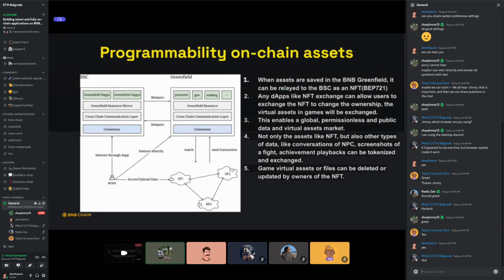Just like, for example, virtual assets in a game can be tokenized and then exchanged in a global network. Not only assets like an NFT, but also other types of data, for example the conversations of in-game NPCs, screenshots, or achievements can also be tokenized and exchanged. Of course, a book can also be tokenized.